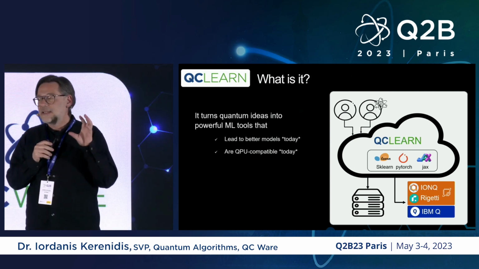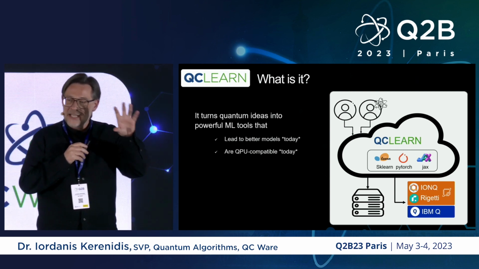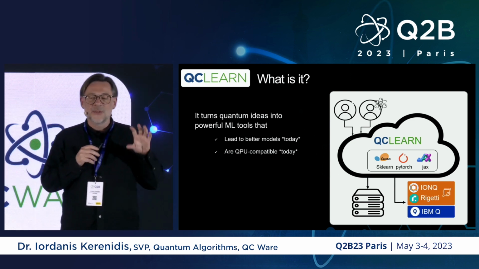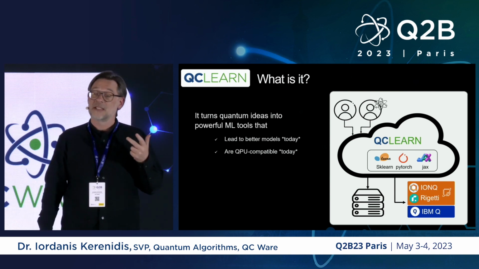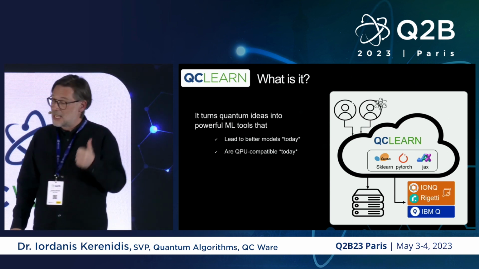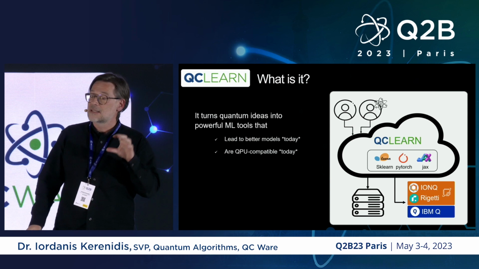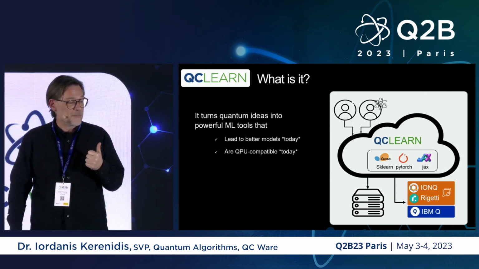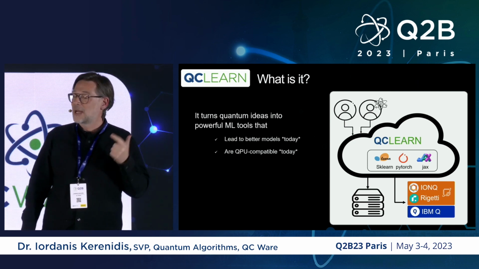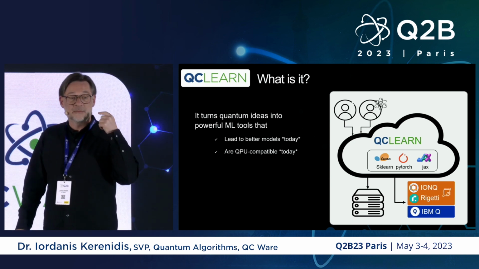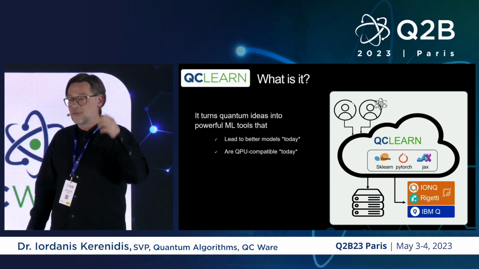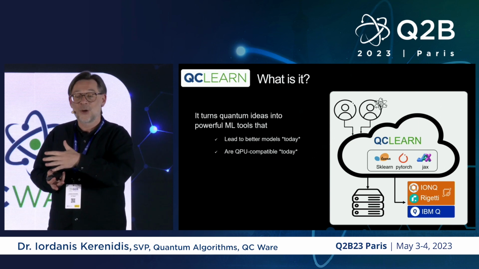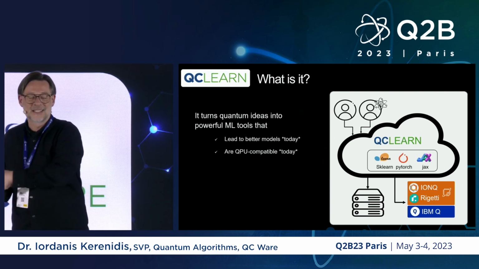What does it do? Well, as I said, it turns these quantum ideas, and I gave you some hints on the mathematics behind these quantum ideas, into powerful machine learning tools that can do two things. They can lead to better models today, and this is when we take these ideas and we turn them into GPU-based methods that give you models today. And second, they are also QPU compatible today, meaning that you can take the algorithm and run it directly on a quantum computer. Of course, you have to scale down a bit the problem because the quantum computer is smaller,